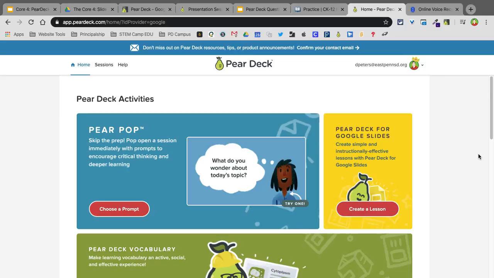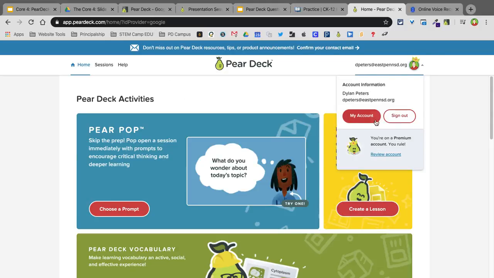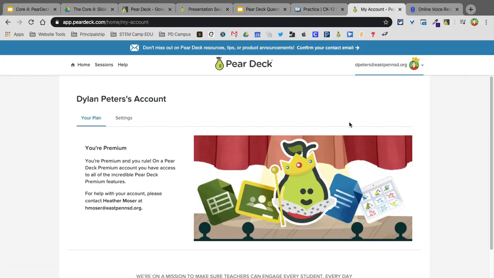Now, because Pear Deck works with PowerPoint, they brought Immersive Reader over. But the beautiful thing is they also allow it on Google Slides too. However, we're not using it very much because it's in beta and you have to actually enable it. So here's my Pear Deck account. I'm on peardeck.com. When I click on my name, the drop down, I have to go into my account, and